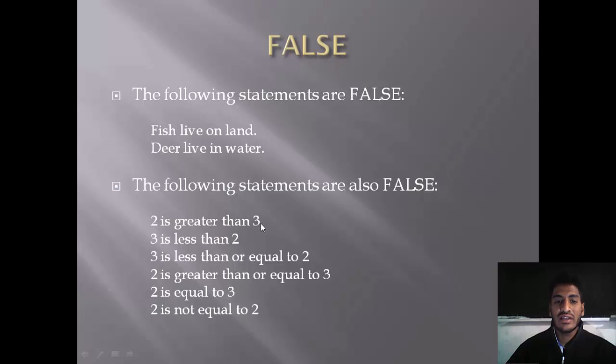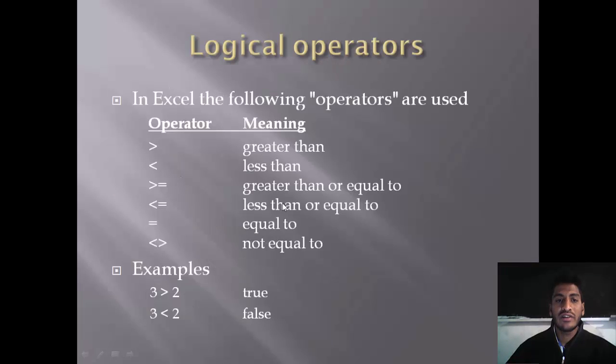2 is greater than 3, 3 is less than 2, 3 is less than or equal to 2, 2 is greater than or equal to 3, 2 is equal to 3, 2 is not equal to 2. Logical operators. In Excel, the following operators are used. Operators meaning: greater than or equal to, less than or equal to, not equal to. Example 3,